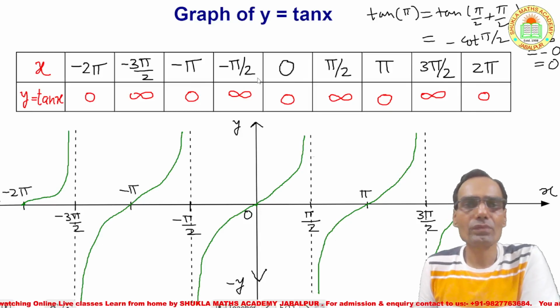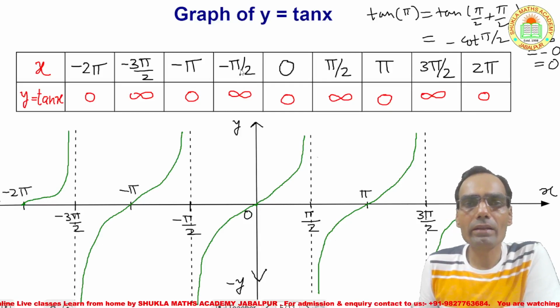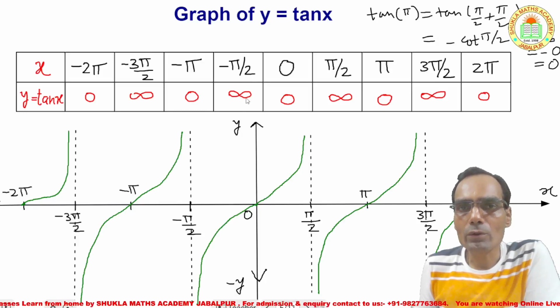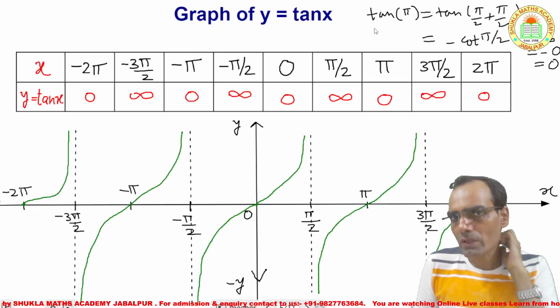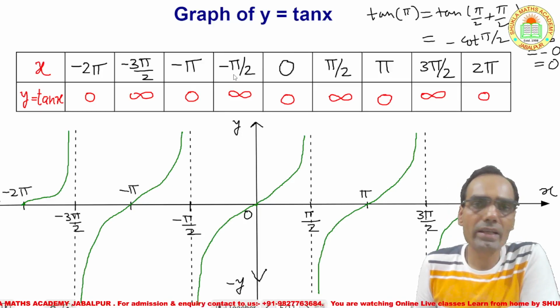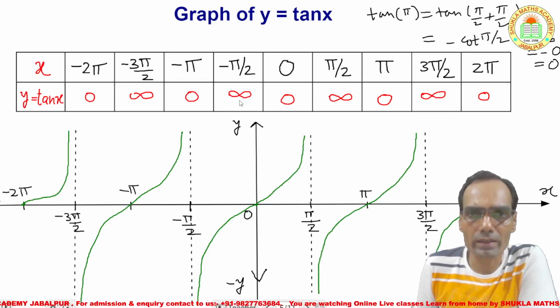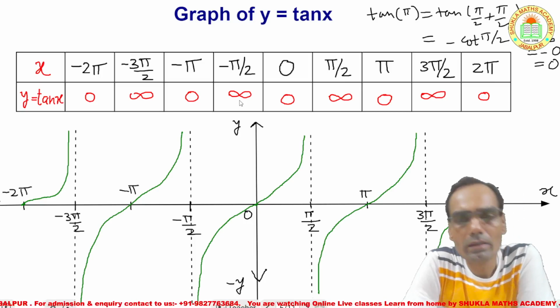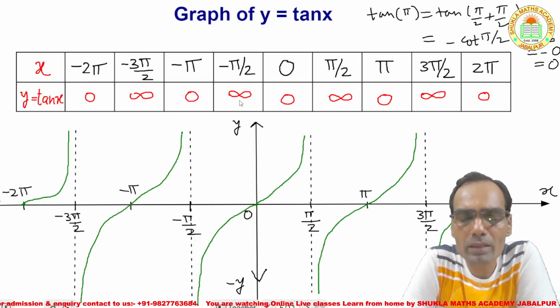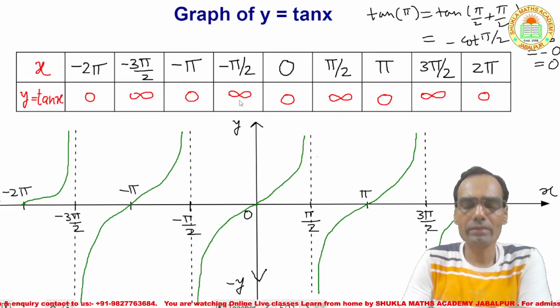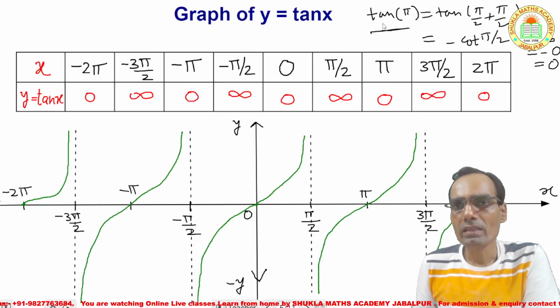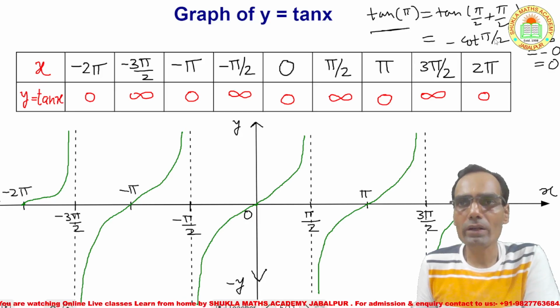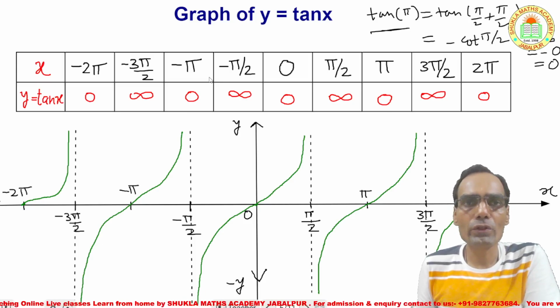And now we will get some negative values of angle for tan. So tan of minus pi by 2 is also infinity. You can find the values by using the formula, because tan of minus theta is minus tan theta, and tan 90 is infinity or non-defined. In classes up to 10th we say tan 90 is non-defined, but in class 11th it is infinite, right? Next value is tan of minus pi. So tan of minus pi you can break like that. Tan of minus theta is minus tan theta, so minus is coming common, so it becomes plus, and cot of pi by 2 is also 0, so it is 0.